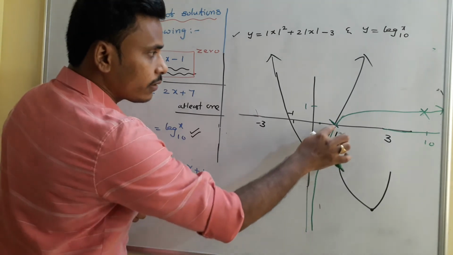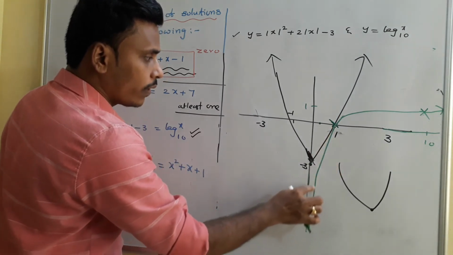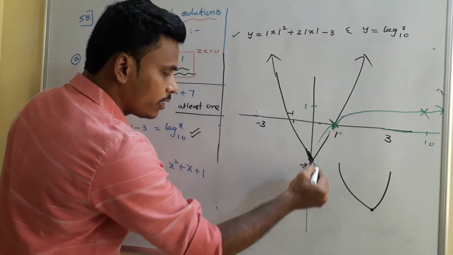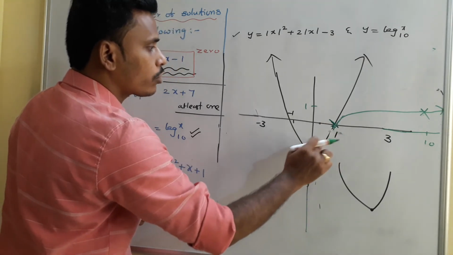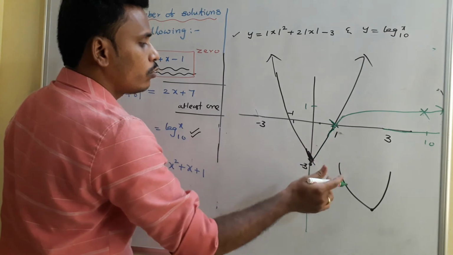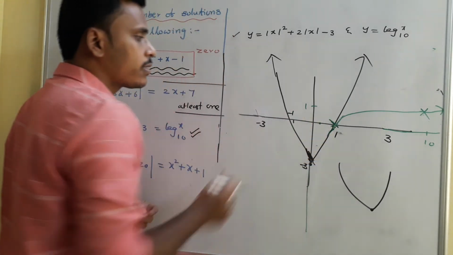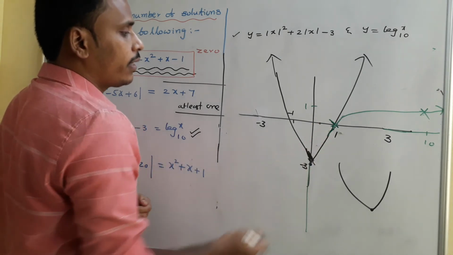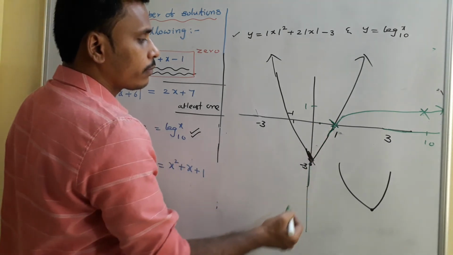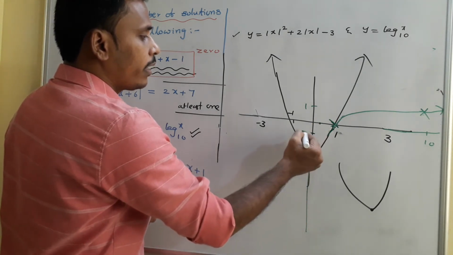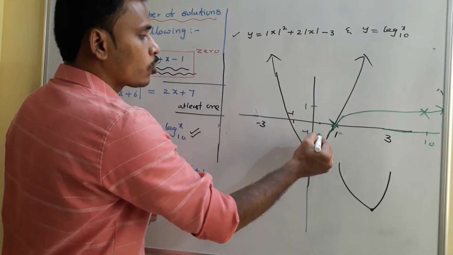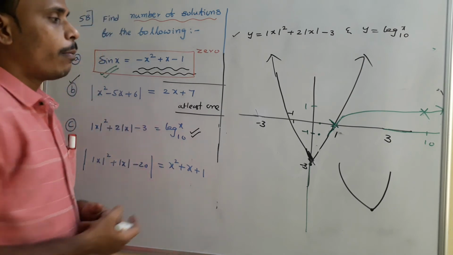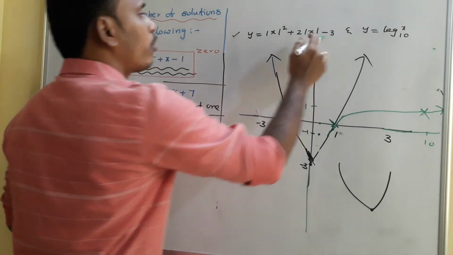But here we need to observe carefully whether it is coming out of this curve or whether it is coming inside of this curve. That's what we need to check. For that you need to analyze carefully with some more points. Suppose at 1 by 10 the value is minus 1, right? So this is the graphical point of log x at 1 by 10. But at 1 by 10, what do you say about the value of our curve?